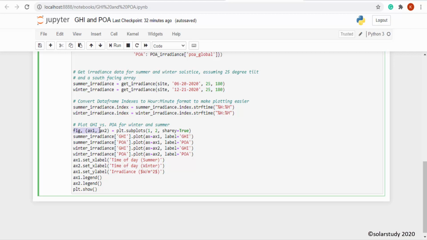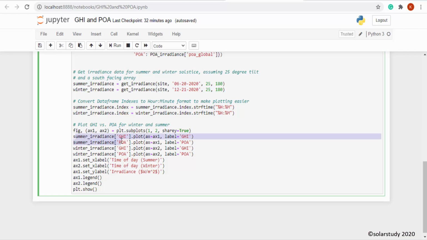So two figures I require, subplots 1 and 2, sharex should be true. Okay, this is just for grid, that kind of thing. Inbuilt plot, you can just check plt.subplot, you will get all the requirements, like how many plots, if you want one plot you can put one, if you want two plots, two.